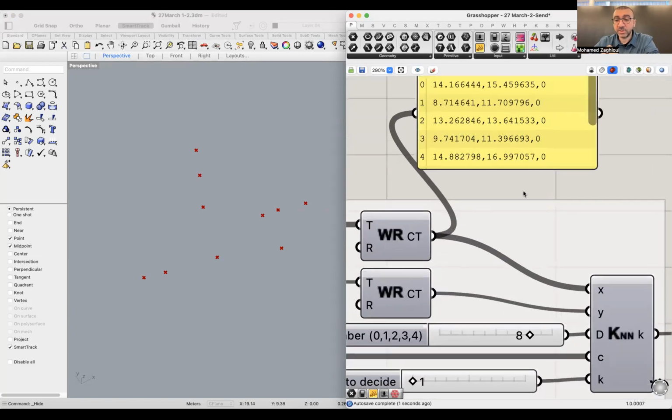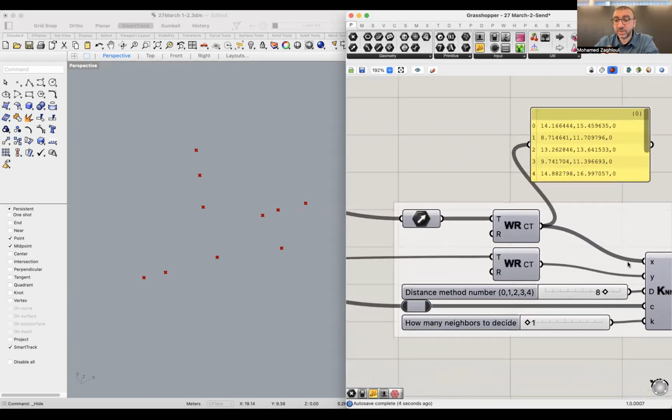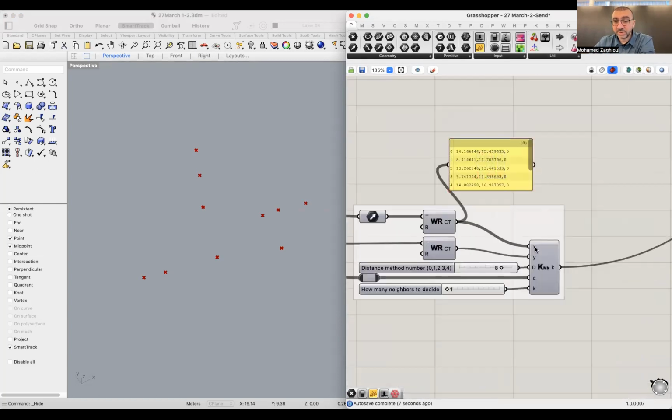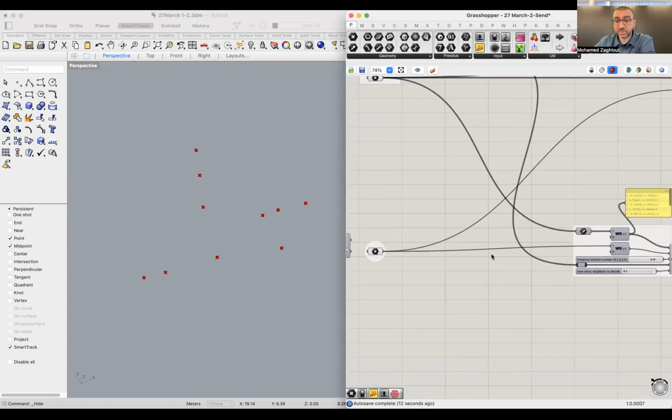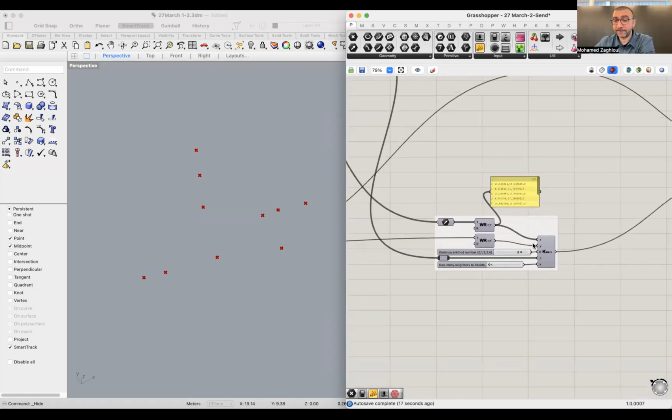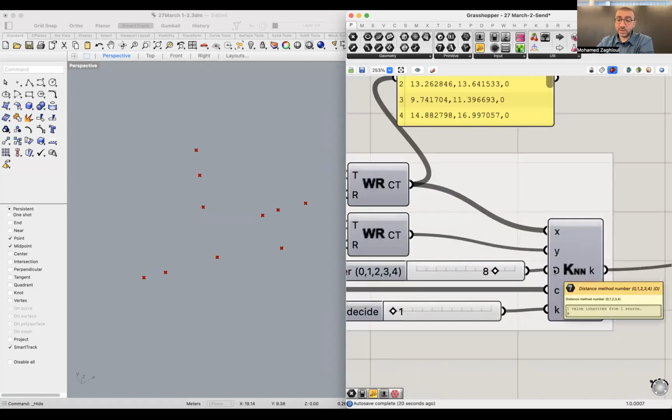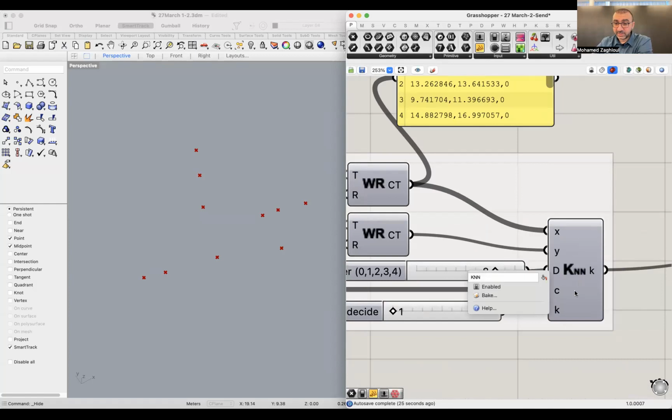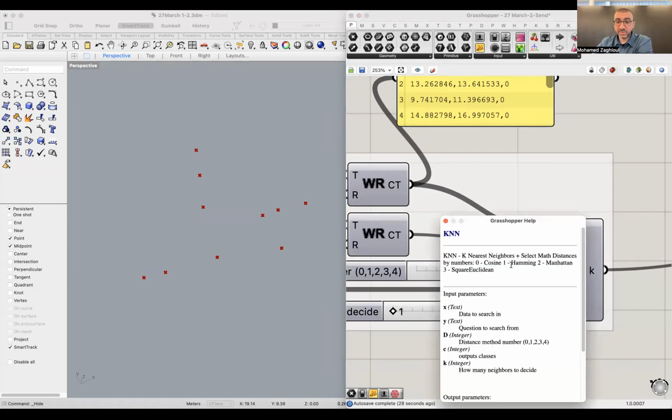Okay, so then you start to make the inputs. Here is your data. This is X. Y is your question, it's one or more. The third input is the type of distance. If you click here and select help, I mentioned the distance methods: if you choose 0, this is called the cosine distance method, then Hamming distance method, Manhattan, and the third,